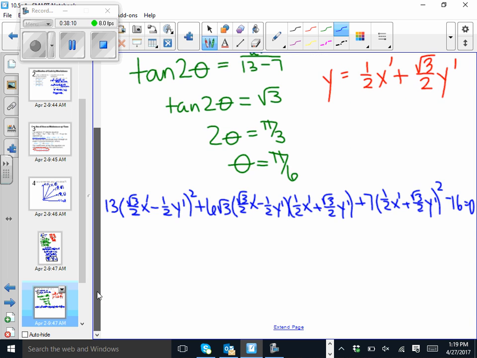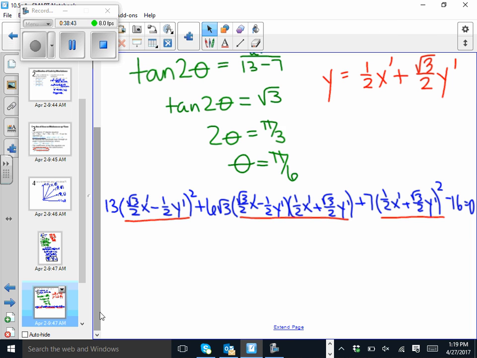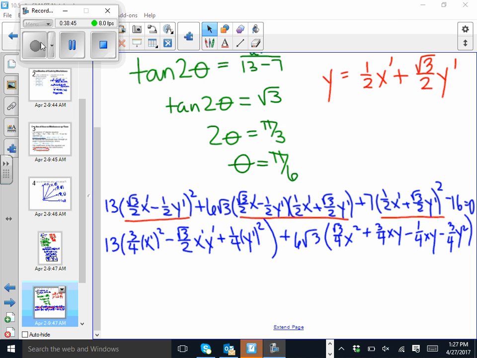Okay, my word of advice. Do your foiling first. Combine any like terms inside of your foiling, and then you can multiply the coefficient through. So focus on this quantity squared before you multiply the 13. Focus on this foiling before you multiply the 6 radical 3. Focus on this foiling before you multiply the 7. That way,